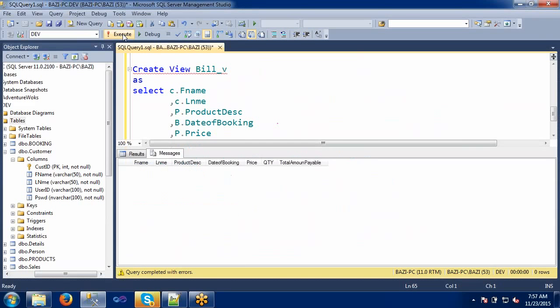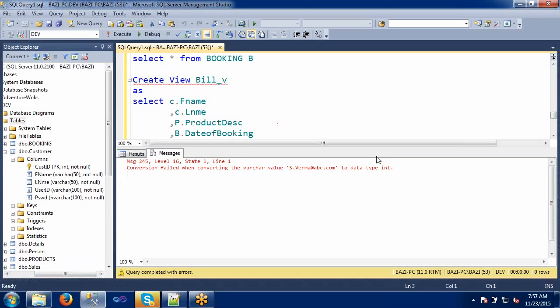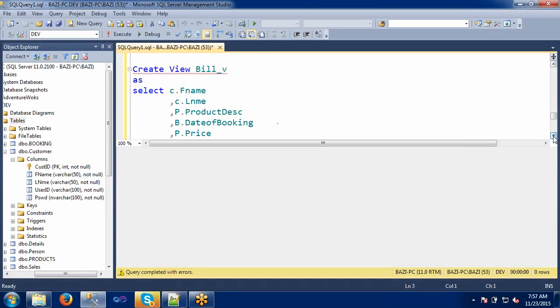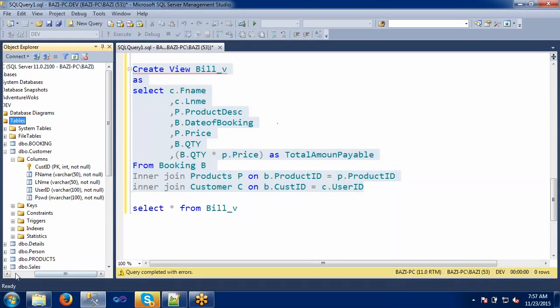So why was it getting conversion failed when converting the varchar value? It should not fail, right? So let's check our view first.